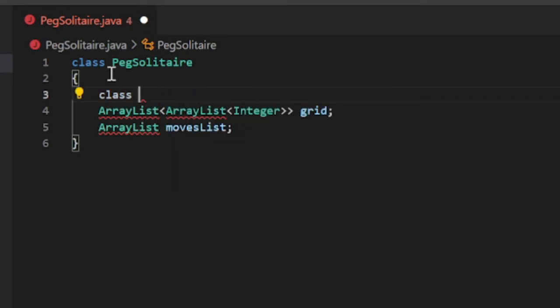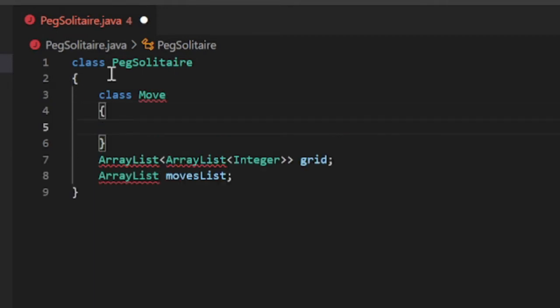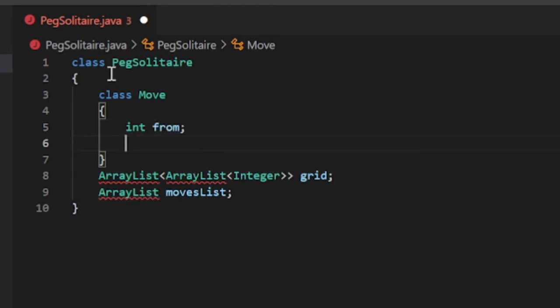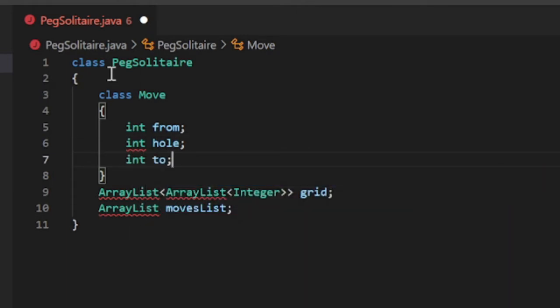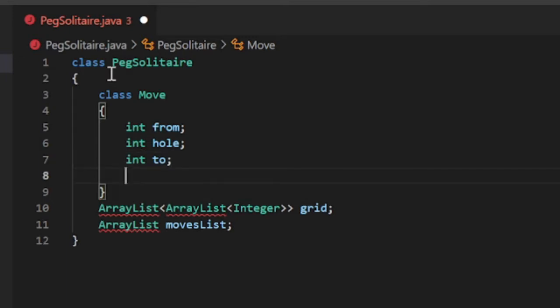And let's create a move. So it has a location, which is nothing but an index. It's an integer. We'll call it from. Then we have an integer, the whole. Then we have an integer, which is the to location. That's it, right? Now we'll make it easier for us to instantiate this particular structure by creating a constructor